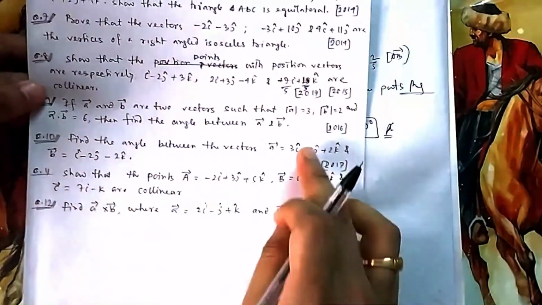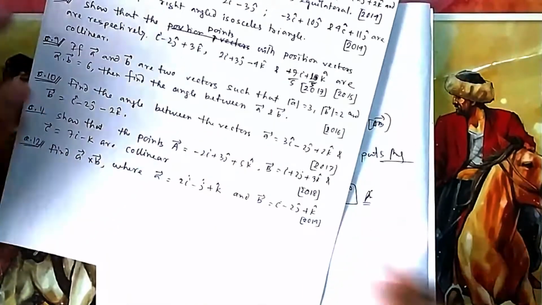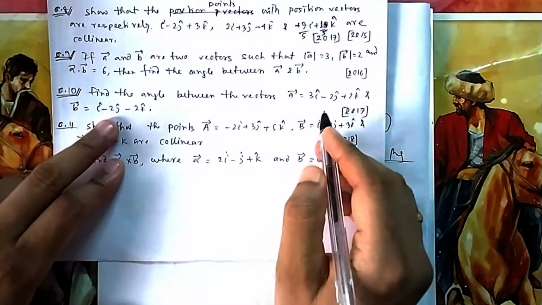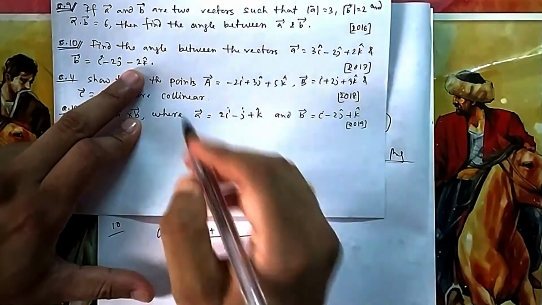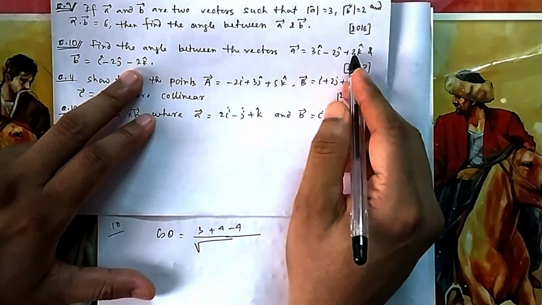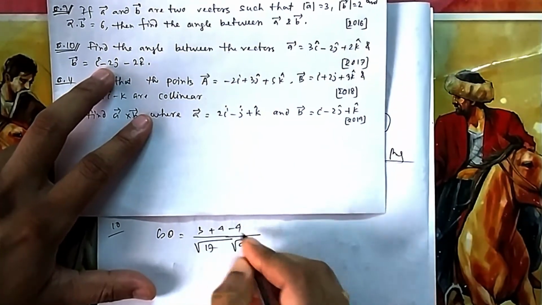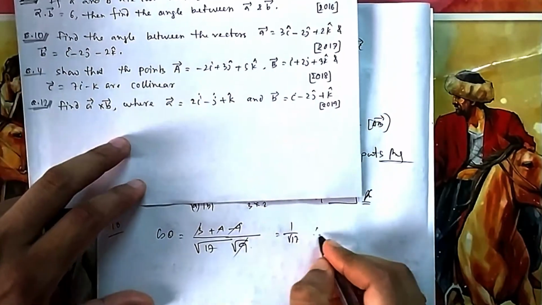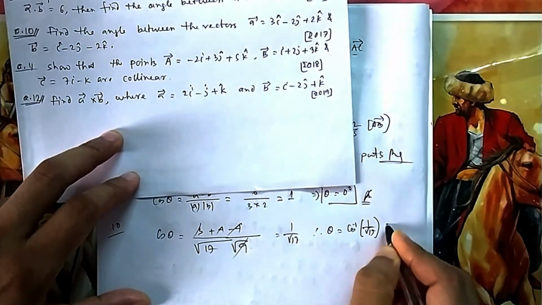If you come to 10, find the angle between two vectors, the same way. So again cos theta equals A dot B divided by the magnitudes. If you do this dot here, you have to do that dot. So it is 3 into 1 is 3, minus 2 plus 4, then 2 minus 4, divided by the square root of this: 3 square is 9 plus 4 plus 4 is 17, and the other is 4 plus 4 is 8 plus 1 is 9. So root 9 is 3 and the 3 is cancelled, giving 1 by root 17. There is no standard formula for that. If you can use a calculator, you can use it, or you write it like this: cos inverse of 1 by root 17.